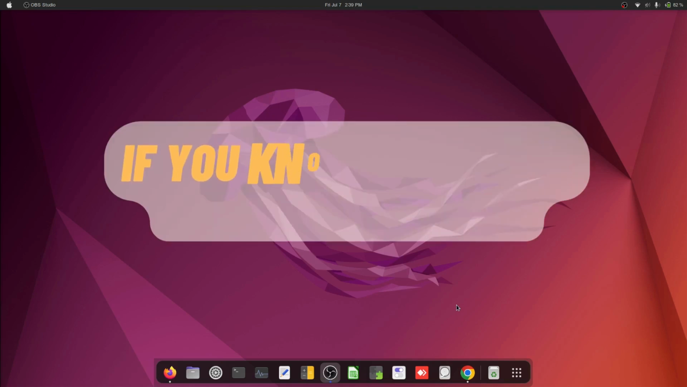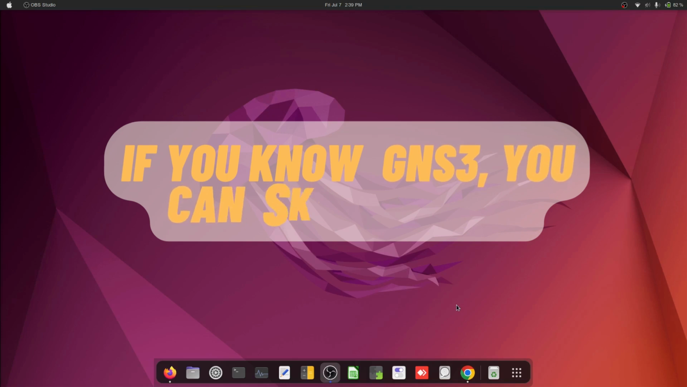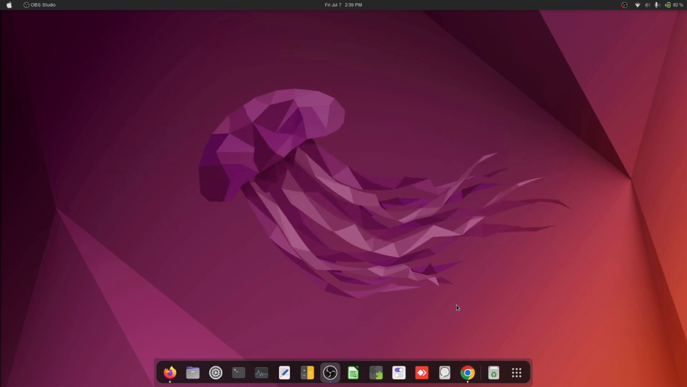The audience जिसको already पता है GNS3 क्या है, they can skip to the next part. But for those who don't know, GNS3 is a virtual simulation platform where you can simulate network devices like Cisco switches, Cisco firewalls, Cisco routers, or FortiGate firewalls, Palo Alto firewalls. There are a lot of appliances that are available on GNS3. To show you a quick demonstration,